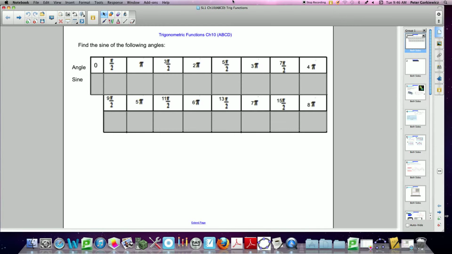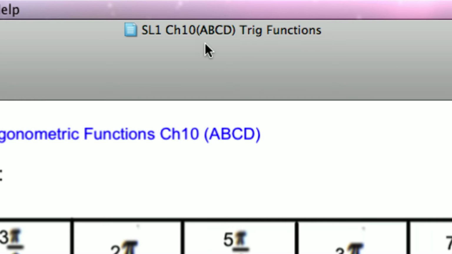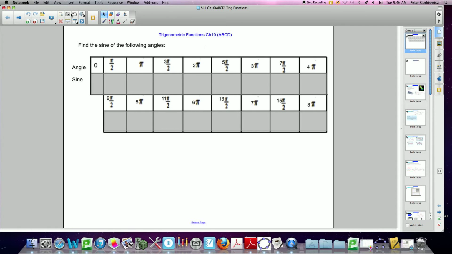All right, SLers, we're jumping into chapter 10, ABCD. We're looking at trig functions. So we're actually going to graph these and make equations out of them, thinking about the unit circle and the trig that we've done. So I want you to think about a unit circle,